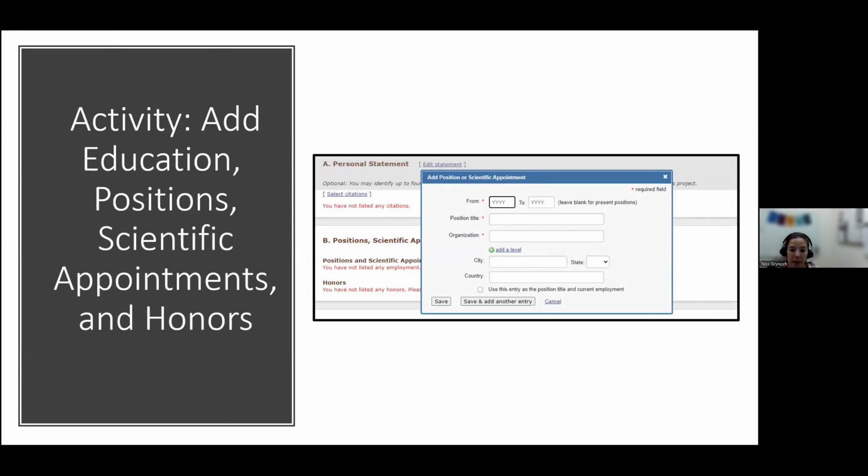So now we're going to take about 5 minutes to start filling out the education position, scientific appointments, and honors section. And I'm going to take a look at the questions